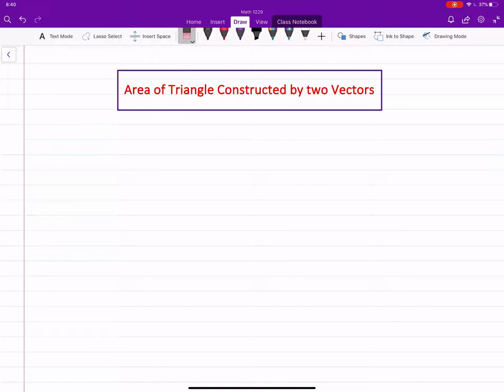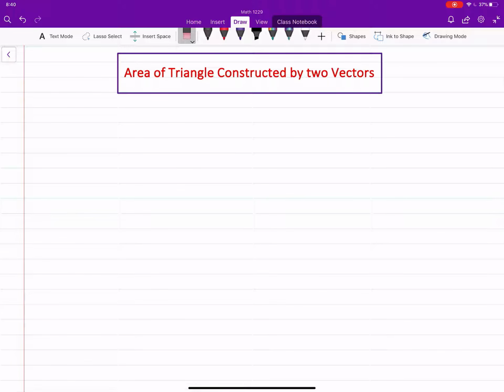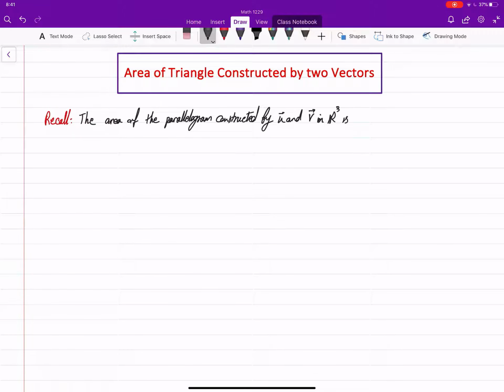Hi, in this video we will learn how to find the area of a triangle constructed by two vectors in R3. One thing you need to recall from the previous unit is that we know that the area of the parallelogram constructed by two vectors u and v in R3 is equal to,